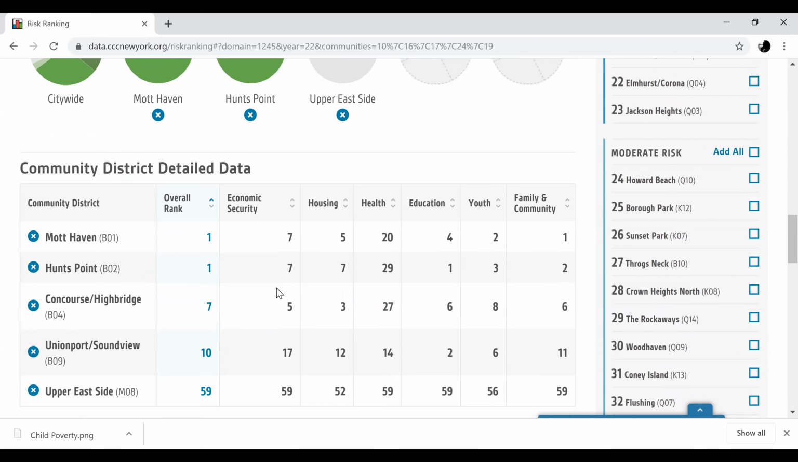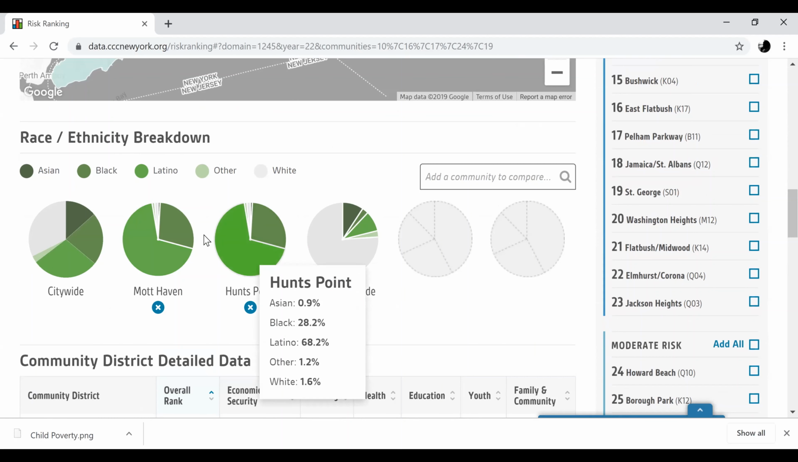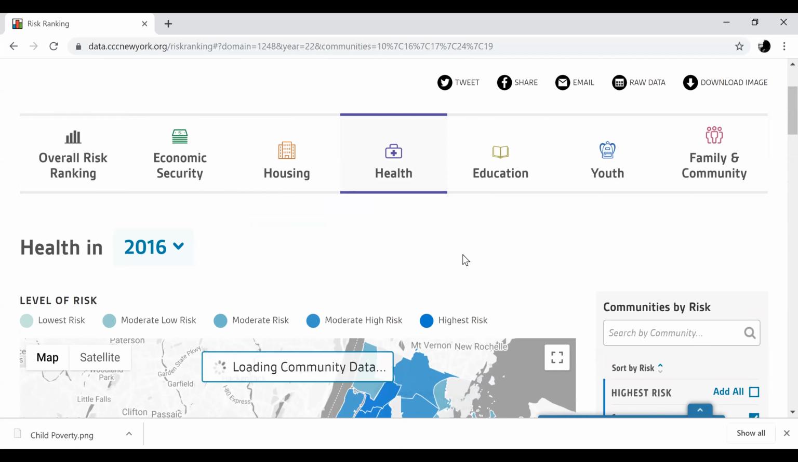And the functionality above is really if we are trying to dive in and find more information on a race ethnicity breakdown for a community of our interest, it's actually populating here. So we can compare communities and search for a community in this search box. Now on this table, you see the rankings within each domain. But if we select a specific domain,